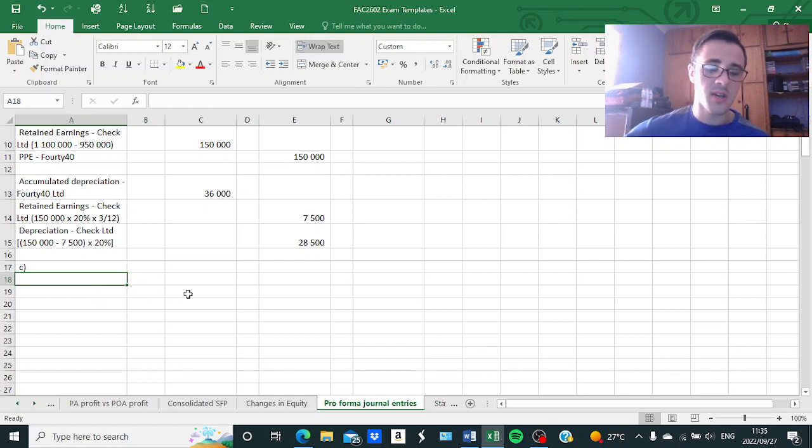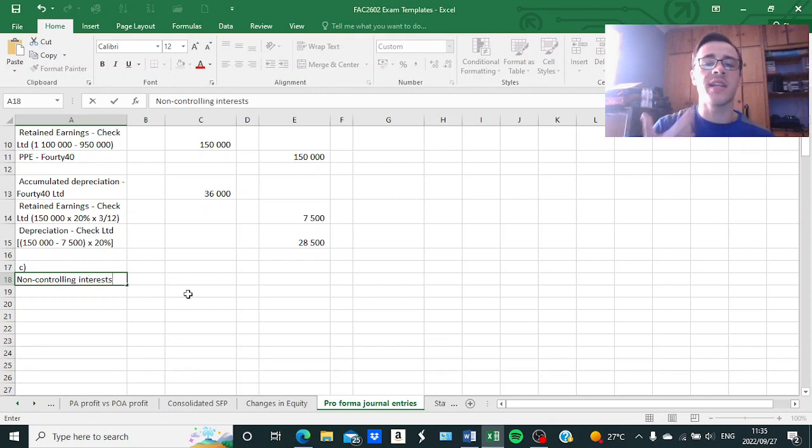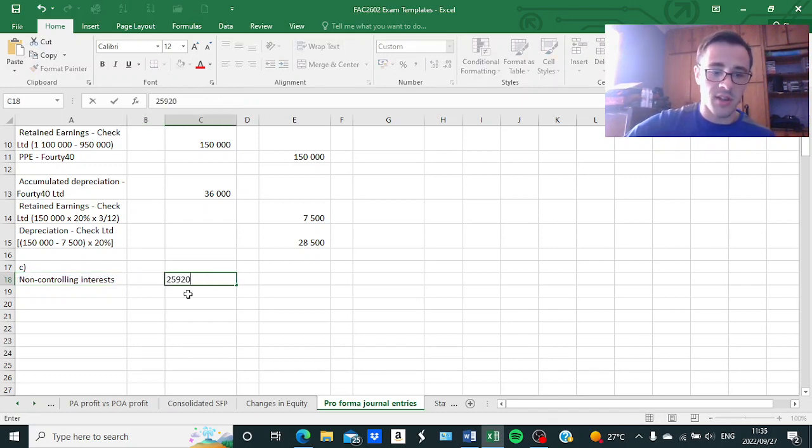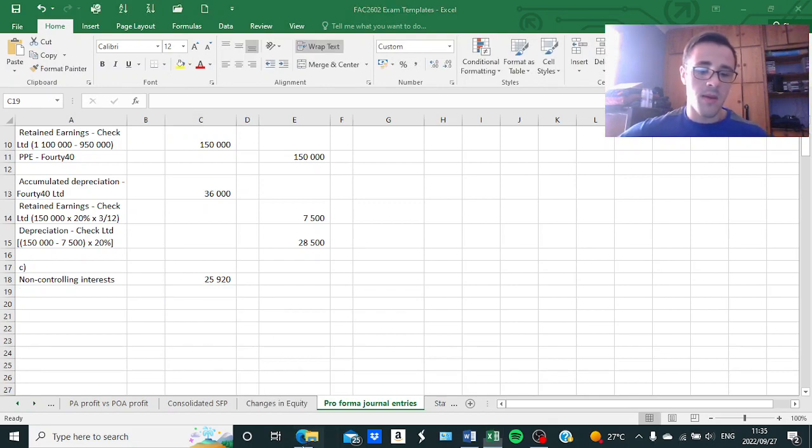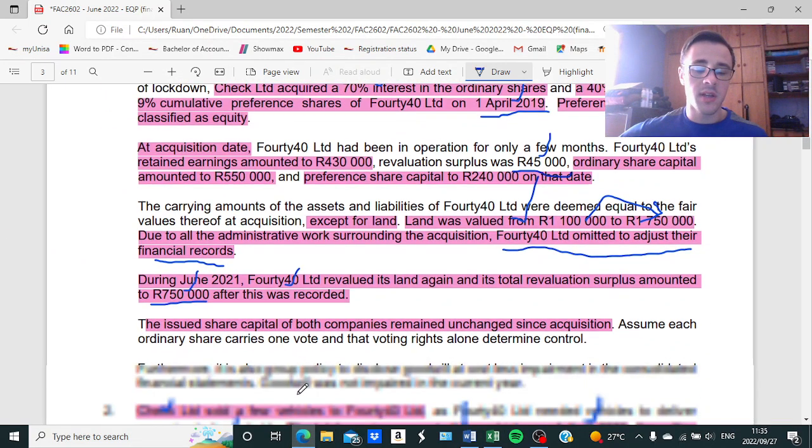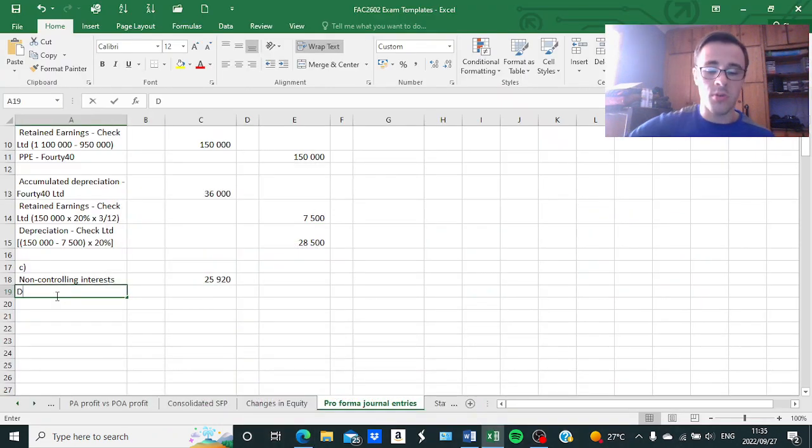So the journal entry that we will make is that we will provide for dividends payable to non-controlling interests. So we have to debit non-controlling interests, because as soon as we declare a dividend, the amount attributable to non-controlling interest, as it will be shown on the consolidated statement of financial position, will decrease. So we will decrease that by the amount of 25,920, because that is the amount of dividends payable, and we will credit dividends payable, so we will raise the corresponding liability,